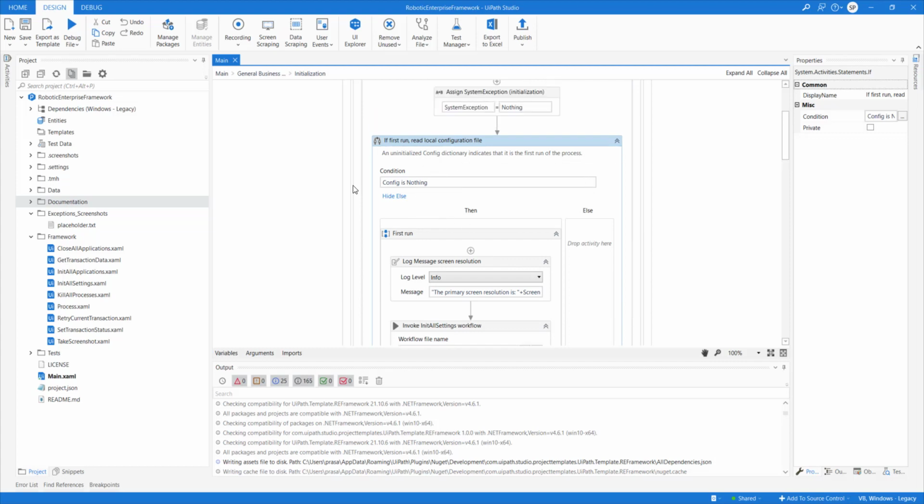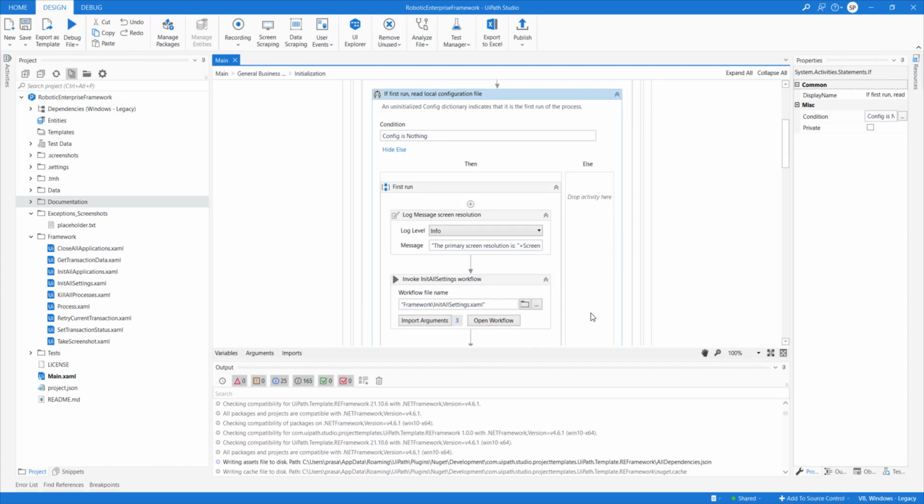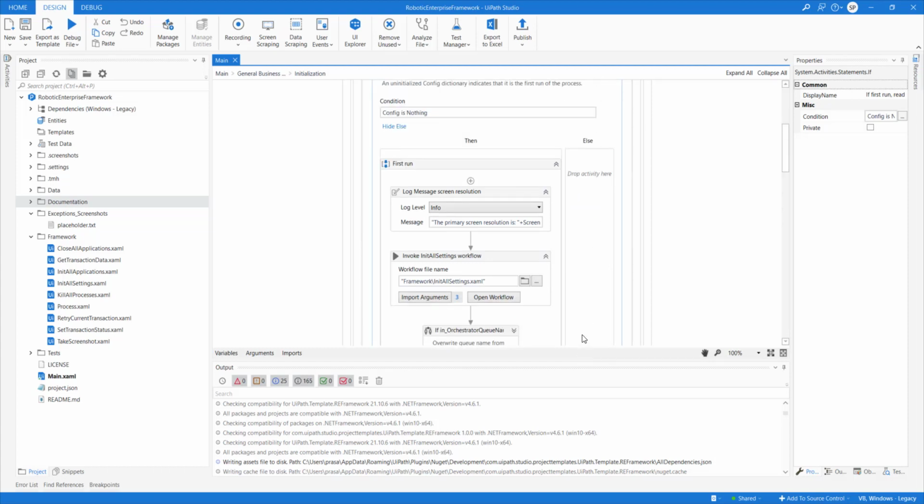So basically this is for the first run, so that if we need to go back to init stage multiple times during the run, it will read the config file only the first time, not the second time. If it comes a second time, it will go into the else block and do nothing.